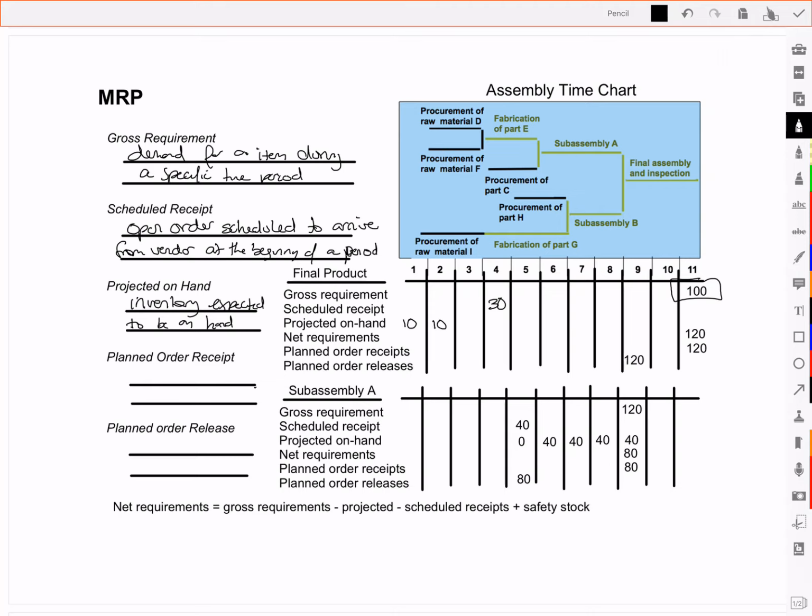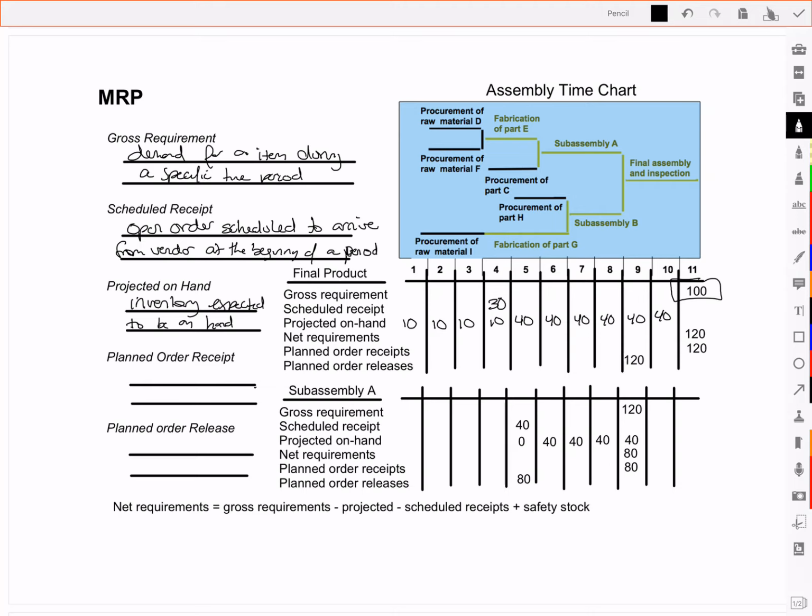Then in week 2, we still have 10 on hand. And in week 3, we have 10 on hand. In week 4, we have the 10 on hand plus the 30 that arrive, which means in week 5, we now have 40 on hand. Okay, so this would continue with our 40 on hand until